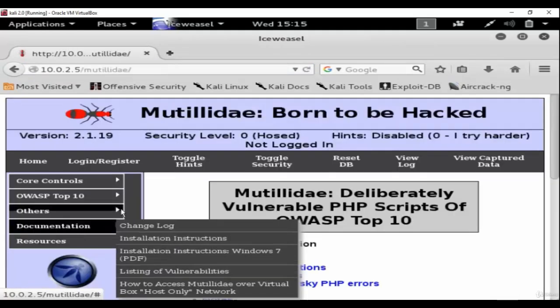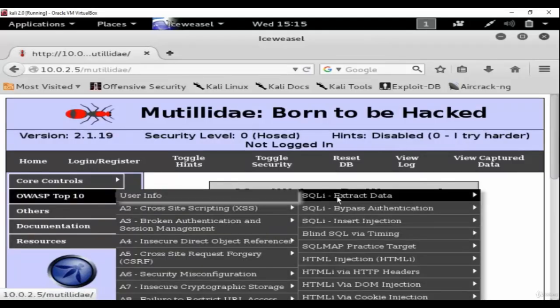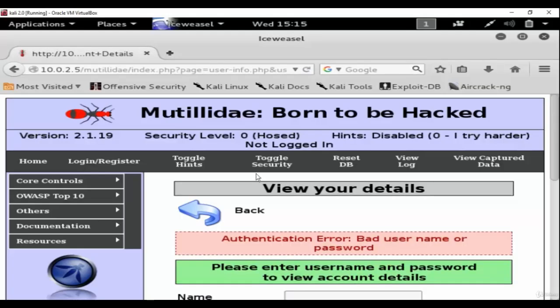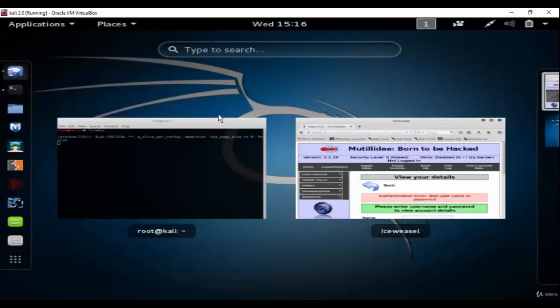Now here we have to switch to this tab which says injection, extract data and user info. Now enter any username or password. Because we don't know the password, I have entered a wrong password. Now copy this URL and close the browser,